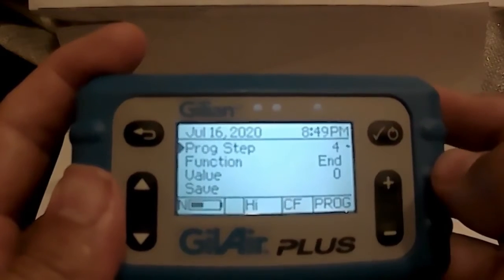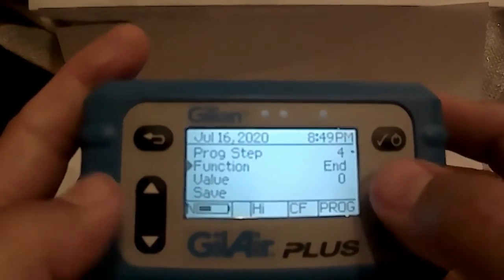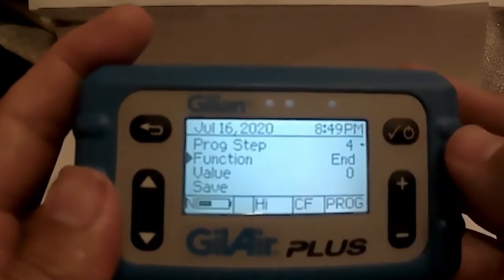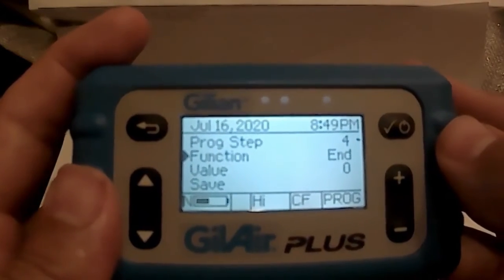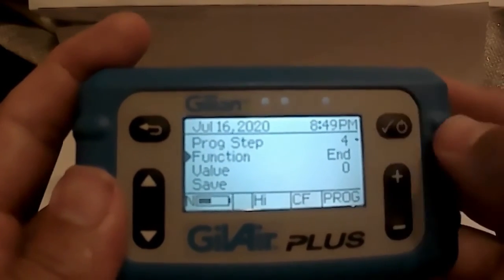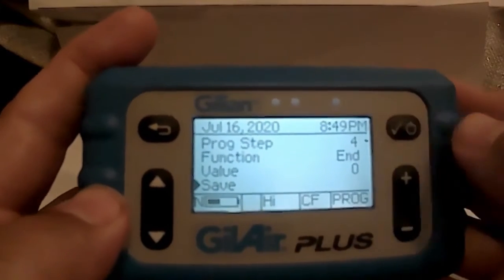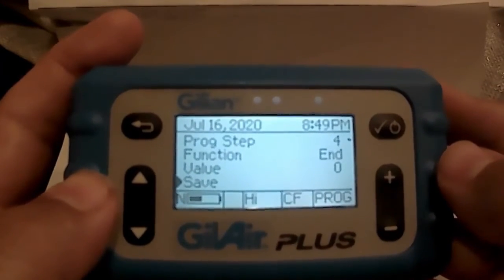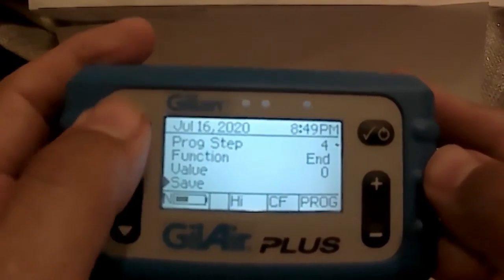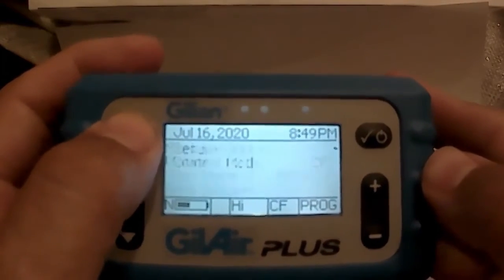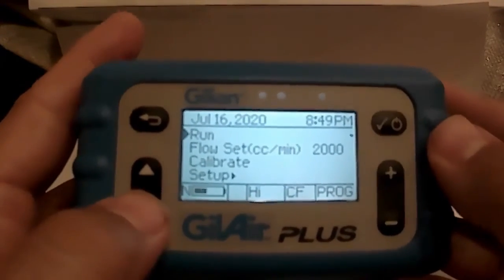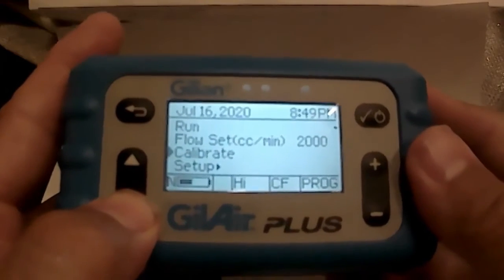advance to step 4, and it's already on the end function. This will end our program for that desired sampling event. We'll hit enter to save, go down to save, and now our program is complete. We will now back out of the programming menu, back to the main menu, and we will want to make